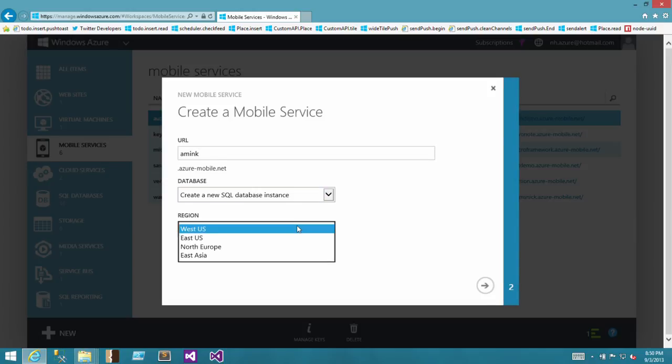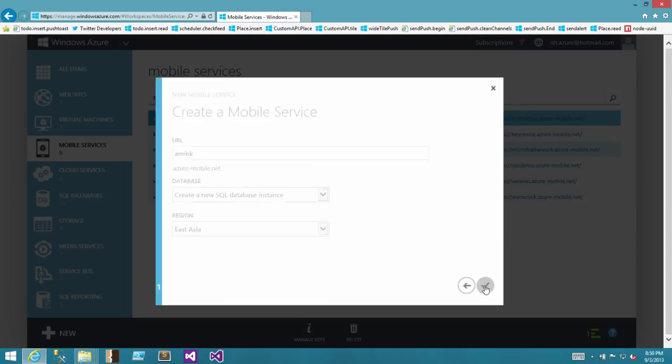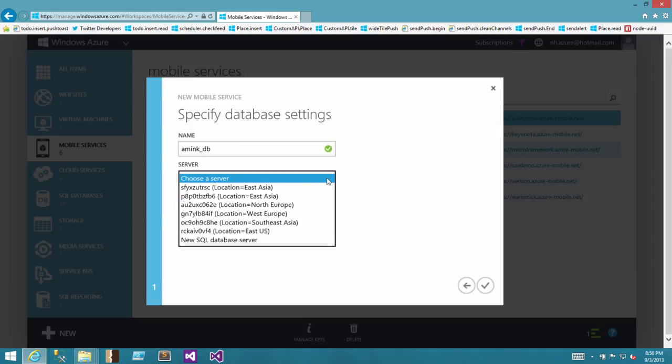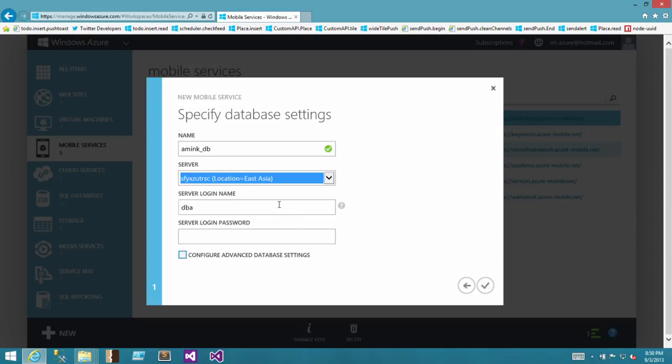Currently, we're deployed in these 4 regions: East and West US, North Europe, and East Asia. So I'm going to go to East Asia. Now that's sort of your web tier. Now this configuration here is your data tier. So our DB is going to be called Amink DB, and we're going to co-locate our DB with our web tier in East Asia. So if I put in my server password here, you can see on the left